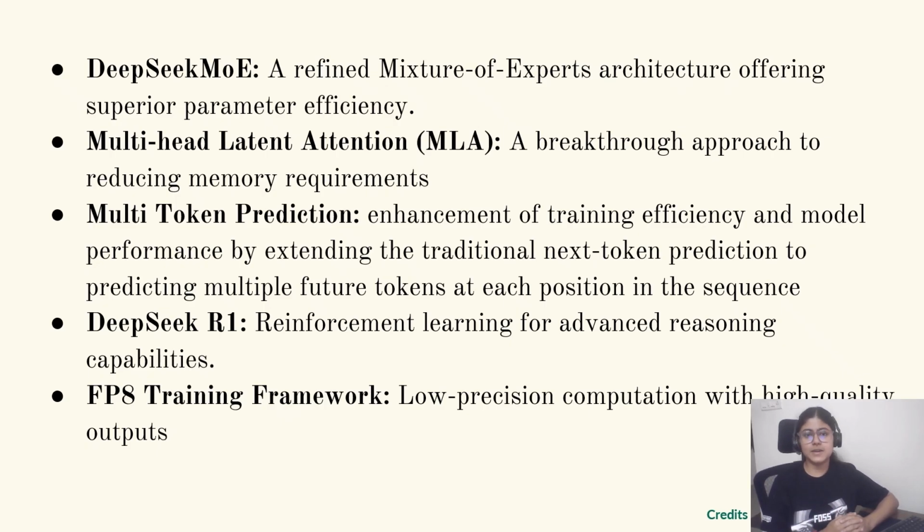The next step they took was multi-head latent attention, and this was very groundbreaking because with these reasoning models, a very essential thing is to have good memory bandwidth, and that's what the attention mechanism used to suffer from. But using MLA, DeepSeek was able to address that memory bottleneck during inference without compromising model quality. This significantly reduced the key-value cache requirement during generation while maintaining performance at par with the attention mechanism.